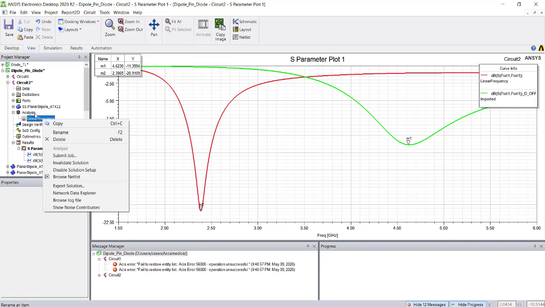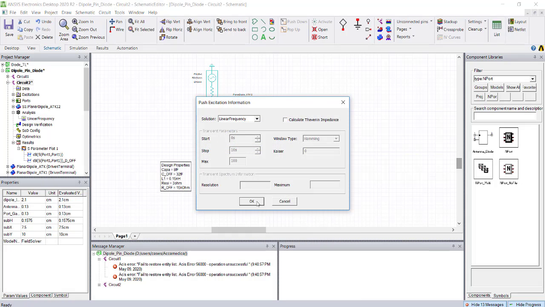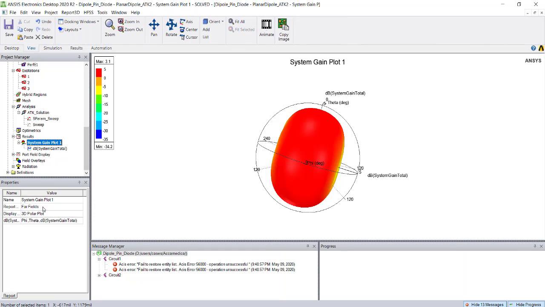Right click and do a push excitation one more time. Now we are doing the push excitation for the diode on case. No, we are not going to do that yet. Let's do one validation here. This is the gain for 4.6 gigahertz. I'm just updating it here. Okay, there is a spelling typo to correct.